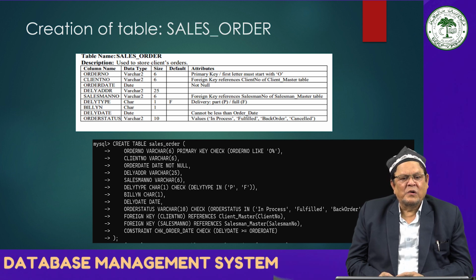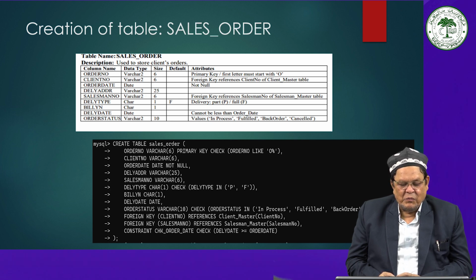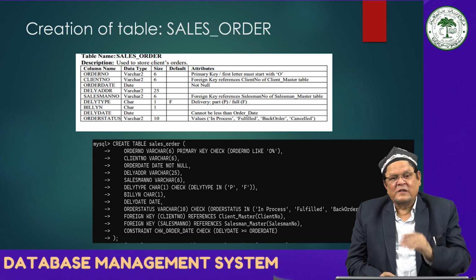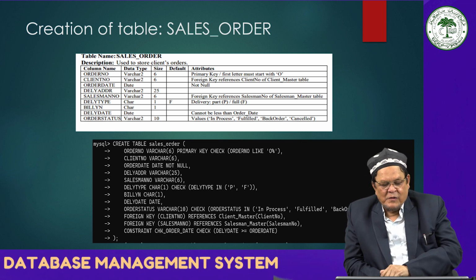Okay, salesman number, and then here you have to write salesman number varchar 6, delivery type, data type is character, delivery date, and date you have to define. Order status, varchar 10. Order status, the size is given 10, so you have to write for that. Order status also has some restrictions and attributes given, so you have to write